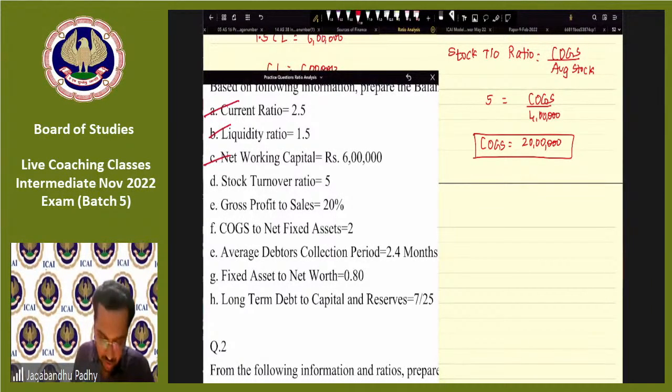Fine. So we'll use this stock turnover. Now the next ratio that we have to use is,